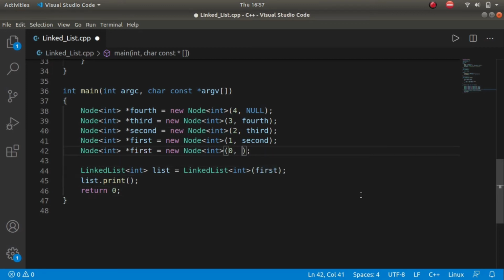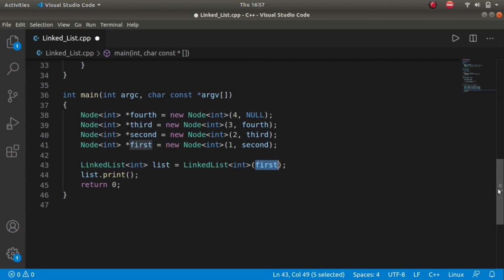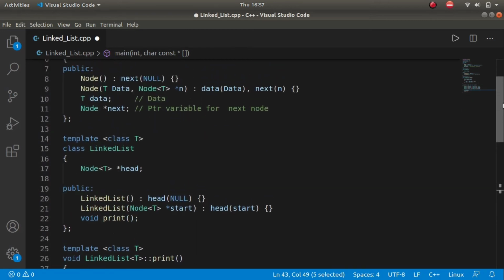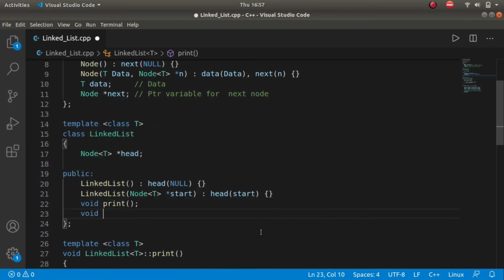We want that in an already created list, which is initiated with first, we want to insert a new node at the 0th position. So how can we do that without changing this first in this statement? The solution is we have to create a new function which returns nothing, and let's name it insert begin. Insert begin, which takes data d,